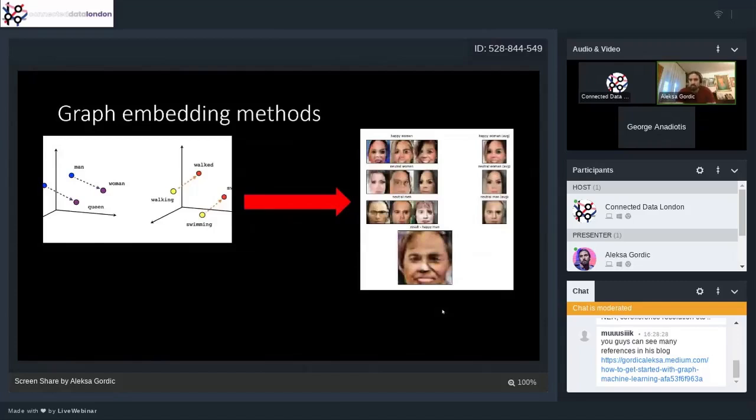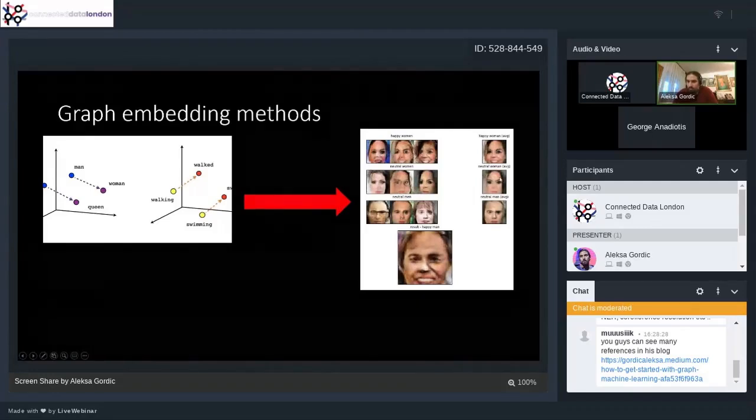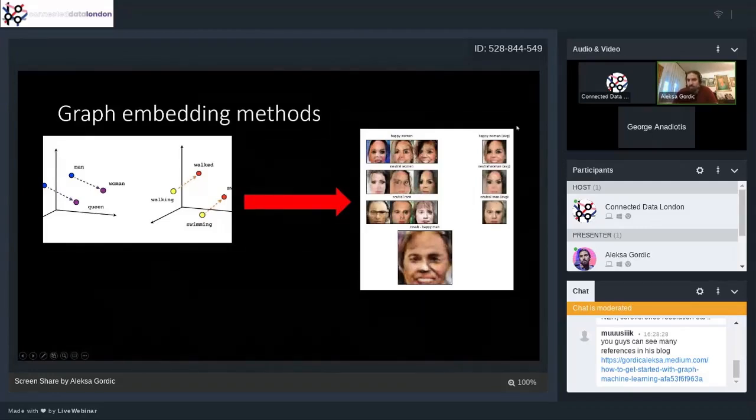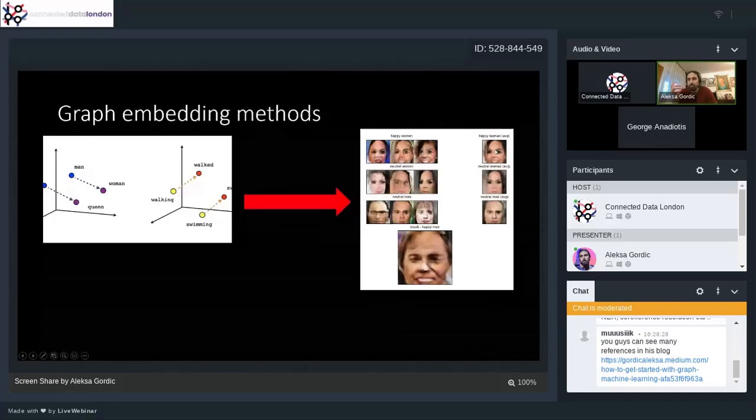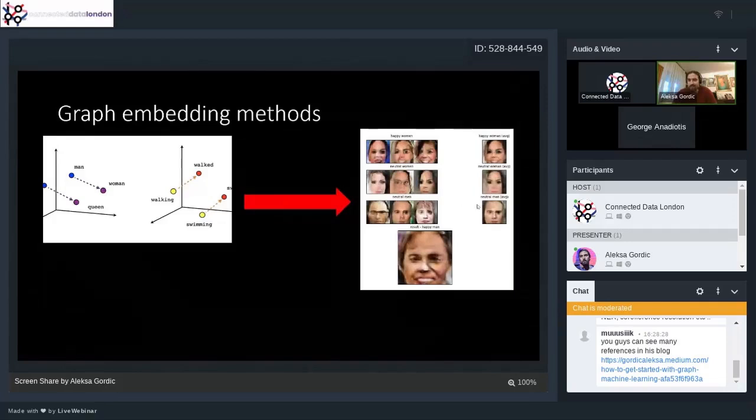And you can see here an example of my implementation of this again, where you can do a similar thing. You have the embedding vectors of happy women. Once you decode them, you get these images. It's low quality because it's an older method, but you average those vectors and on the right you can see happy woman average. Then you have neutral woman average, and neutral man average. You subtract the neutral woman vector from the happy woman vector, and you get a vector that encodes happiness. Then you add that vector to the neutral man, and you end up with the happy man face at the bottom. That's pretty exciting.